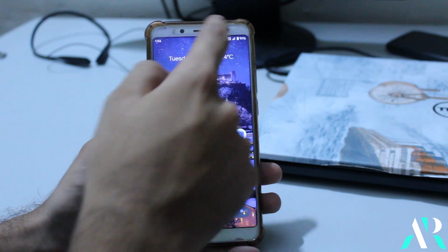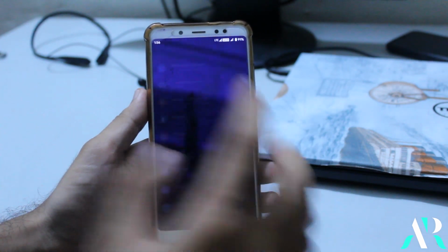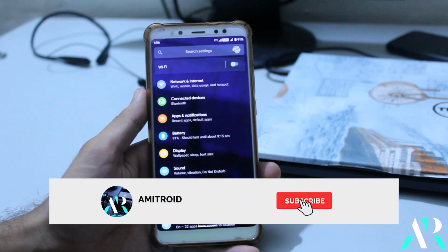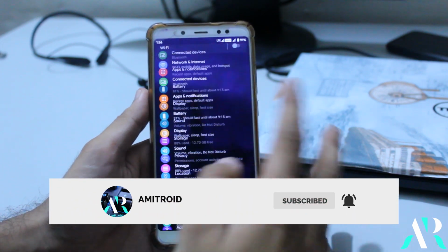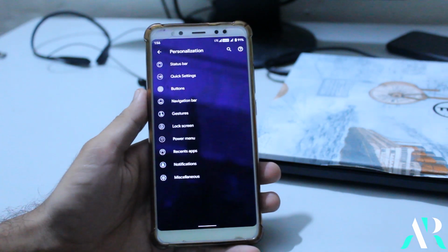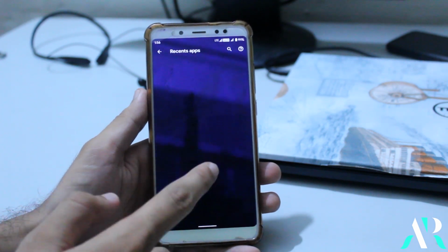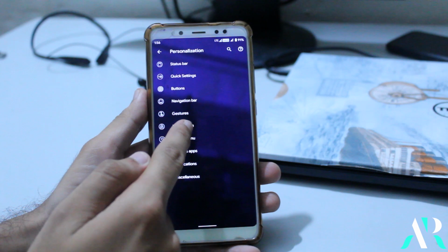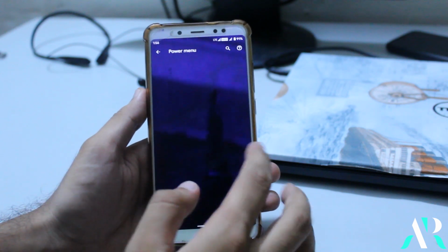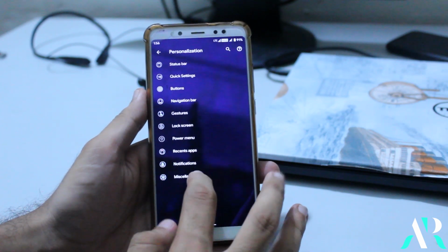Yeah, and talking about the custom ROM customization, the first build of this ROM doesn't have any customization features, and it is still under development, because when you click on the recent tabs, it is empty, and when you click on the power menu, it is empty. So when you go to miscellaneous